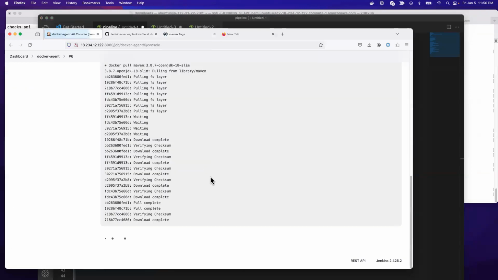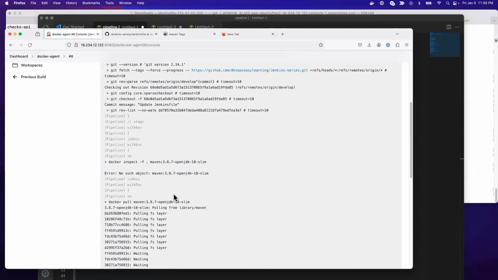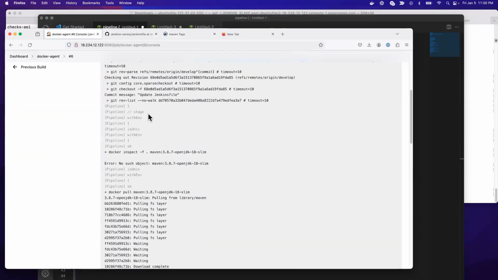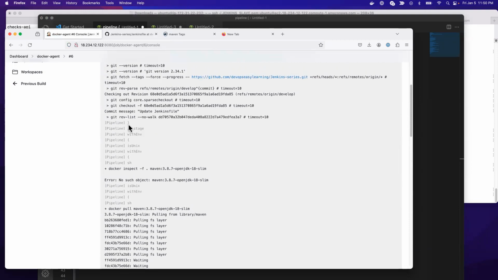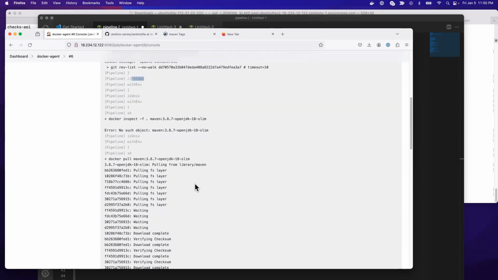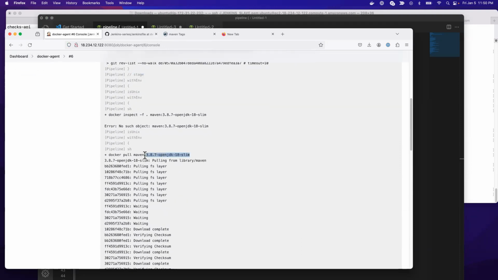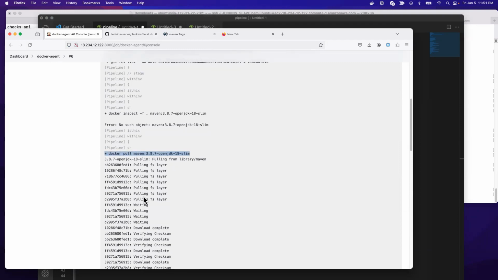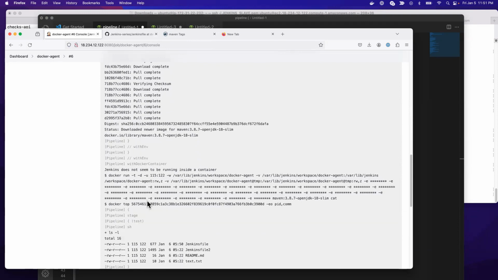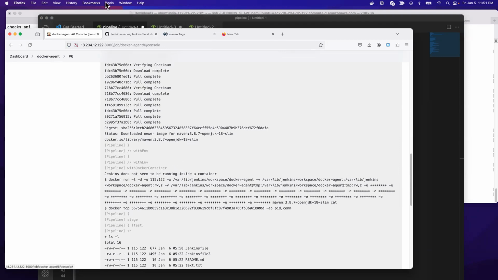As you can see right now, if we check the console output, for example, it went ahead for this stage. We have one of the stages here. We check the console output. As you guys can see, it pulled this container here, which is the default container, right? It pulled that default container here, and it went ahead and actually on this stage called, I think the first